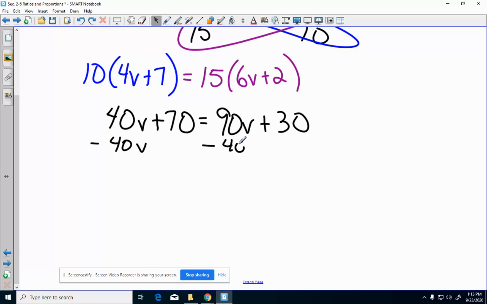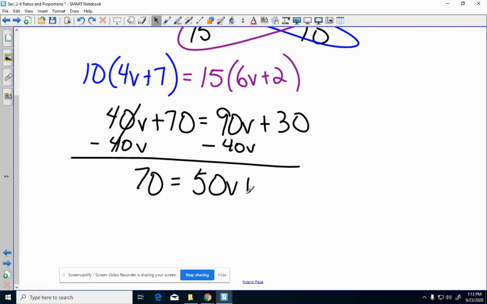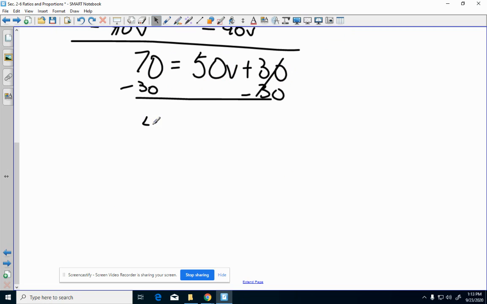I'm going to move the smaller variable. Leaves me with 70 is equal to 50v plus 30. I know a lot of you like to move your variable to the left, but if you do that in this situation, it gives you negative values. I always usually move my smaller variable. So last thing, move the constants so that they join up, and you'd be left with 40 is equal to